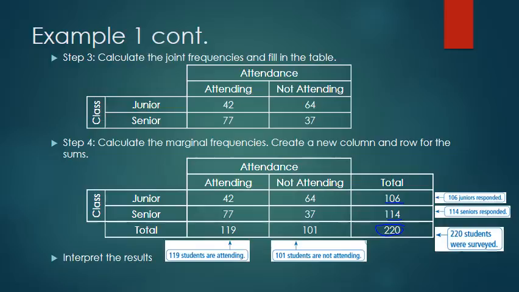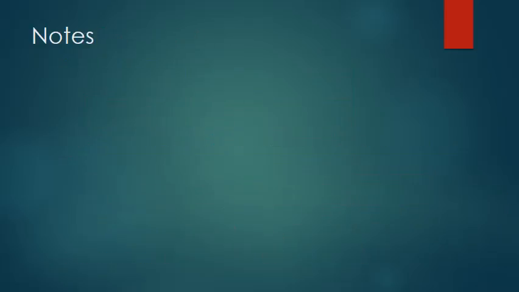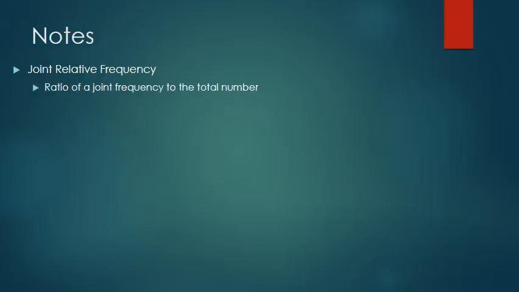So the next thing that we're going to do together is go on to the next section of notes. You can pause now and do the you try, or you can keep going with the notes and then go back and do the you try at the end. It's up to you. All right, next section of notes. We've got some similar words, but they've got a slight difference. So now we've got joint relative frequency instead of before where we just had the joint frequency. Joint relative frequency is the ratio of a joint frequency